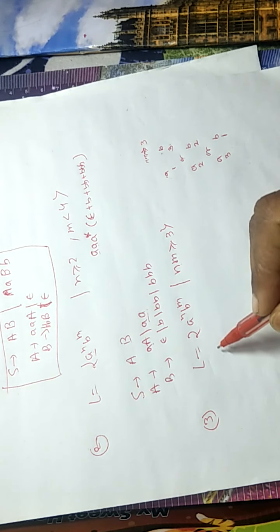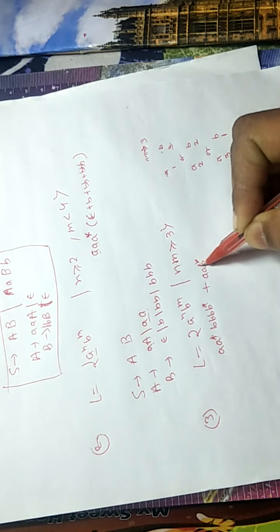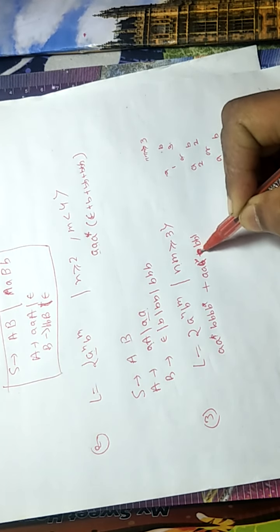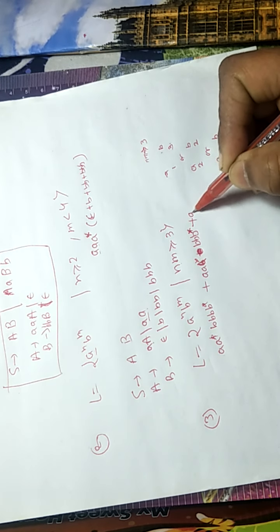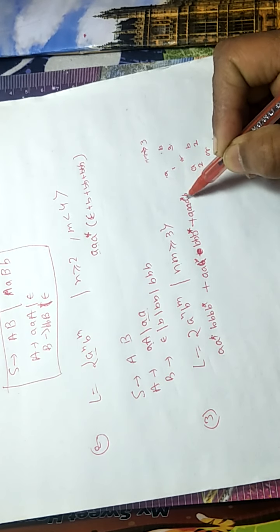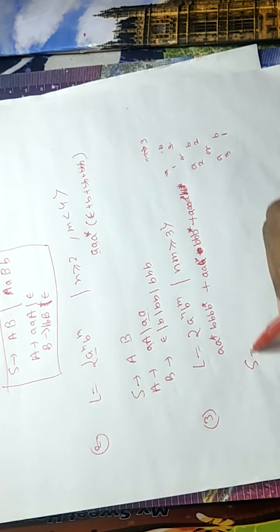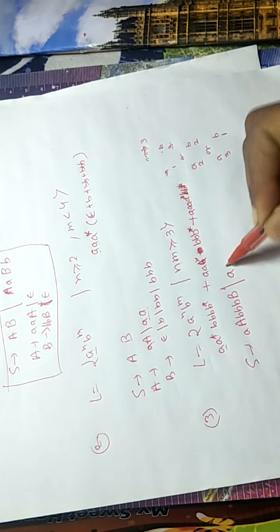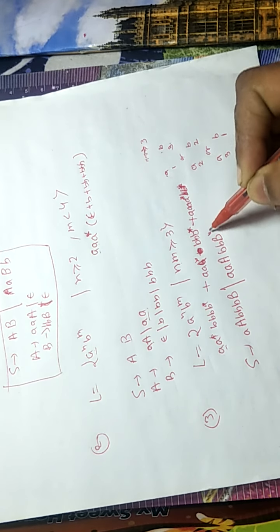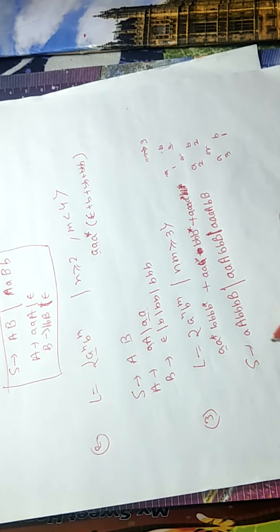So it can be written as either single A or more with triple B or more, plus double A or more with double B and any number of B, or triple A with single B followed by any number of B. S tends to A star, let capital A, triple B, B star, or double A star, double B, B star, or triple A star and single B, B star, where A is A closure, A star A closure, and B means B closure.